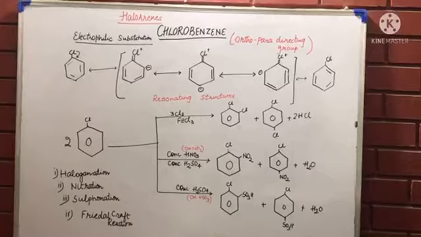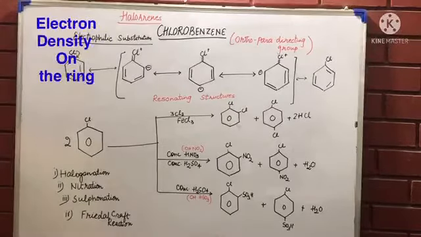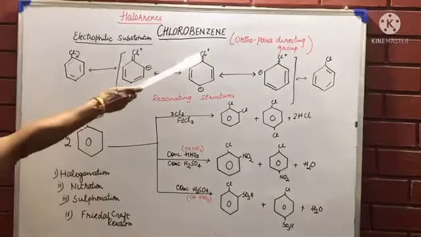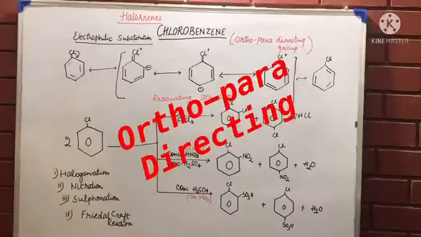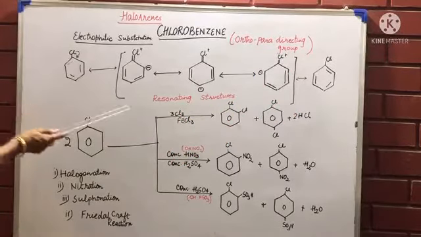Now see some important properties of chlorobenzene. The name is electrophilic substitution reaction. We have done earlier in class 11 that the electrophile attacks onto the ring because the ring contains a large quantity of electrons which are distributed on the entire ring. So the electrophile, an electron loving group, comes to the ring, and the ring is an ortho-para directing group, which means one compound will be ortho, the other will be a para product. So firstly, why is that formed?